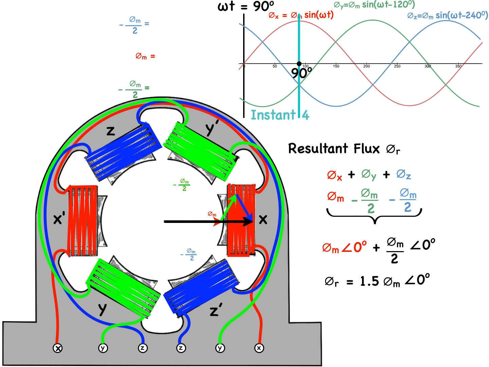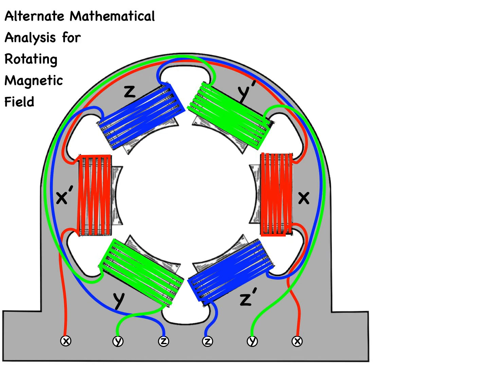And if we went through all the various degrees, you would find that the phasor would be still constant at 1.5 phi m for its magnitude, and it would continue to rotate in a clockwise manner. We shall now use another useful method to find the magnitude and speed of the resultant flux due to three-phase currents. The three-phase sinusoidal currents produce fluxes phi x, phi y, and phi z, which vary sinusoidally